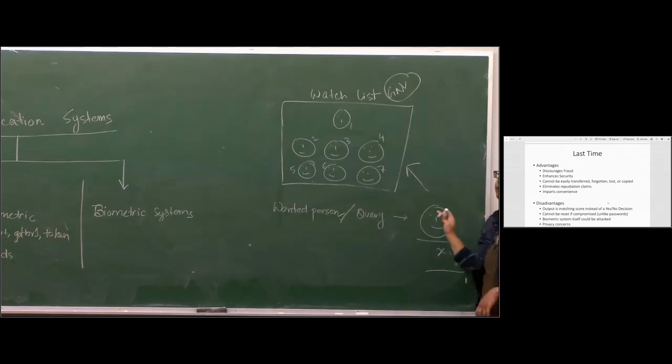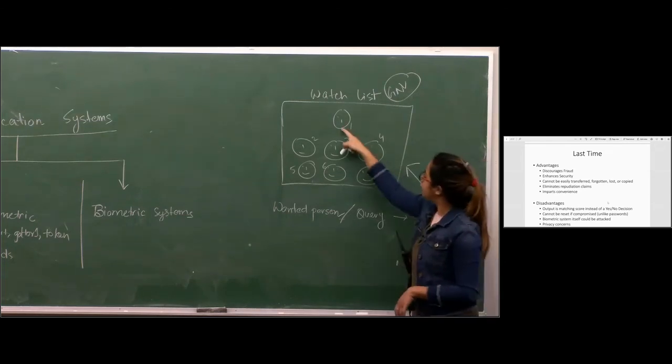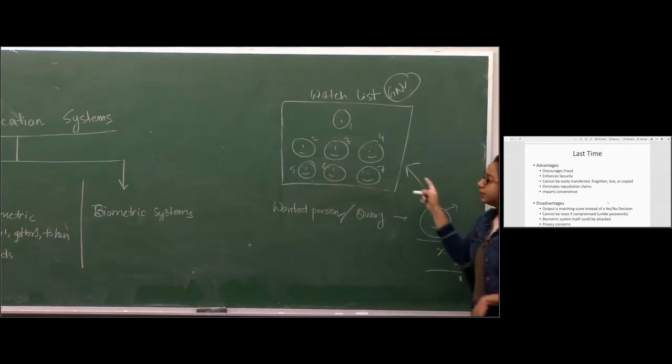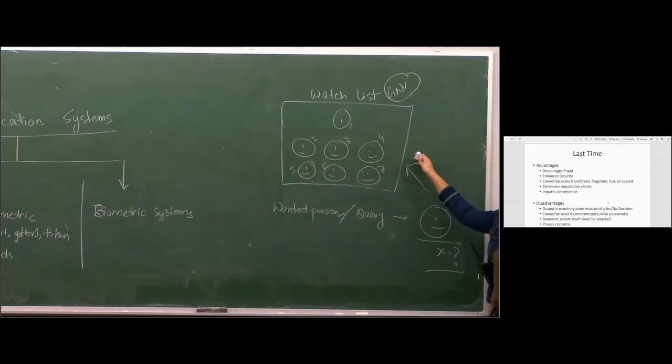So if you have his biometric property, suppose you have his face ID, you can just take that and compare his ID with all of the people's IDs, right? And then if you see there is no match with anybody, you can clearly tell that this person is firstly not a criminal, and secondly, even if he is a criminal, he might belong to some other crime zone. He is definitely not a Gainesville based criminal. So that's how you can eliminate that repudiation claim.